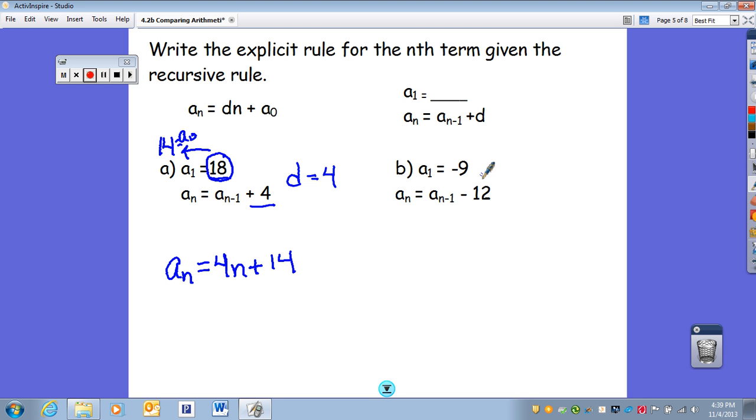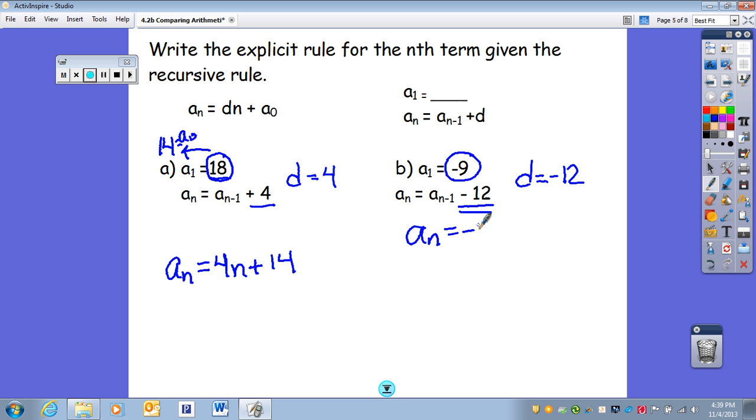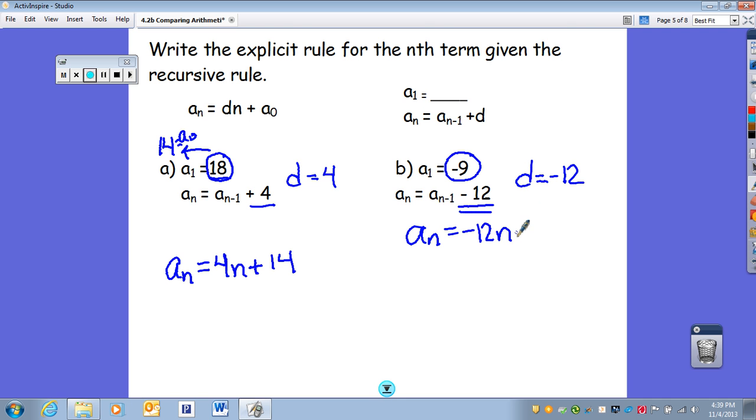Let's take a look at this example. So my first term is -9. To write my explicit rule, I have a sub n equals my difference, and that's located here in my recursive rule, which is -12. So my d is -12. So I have -12 times the term that I am on, which is n, plus my a sub 0 term,